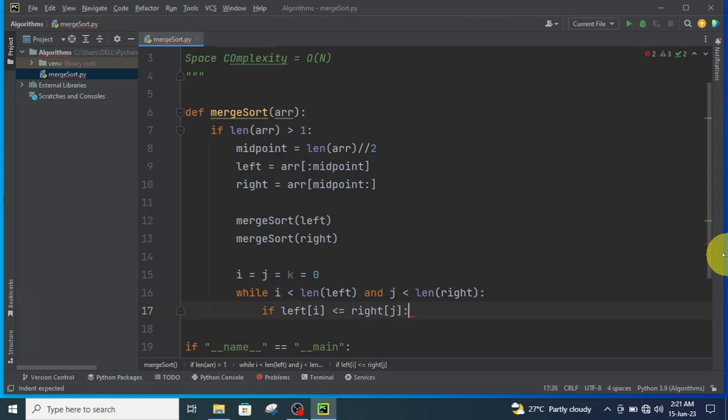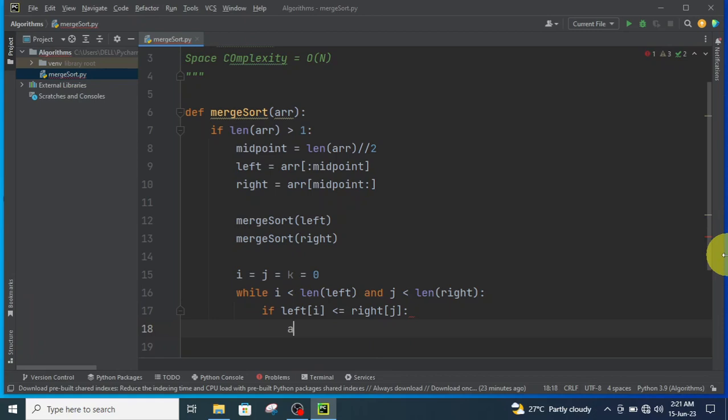I will say, okay, assign the smaller number to the iterator for the supposed sorted array. So I will say array k equals to